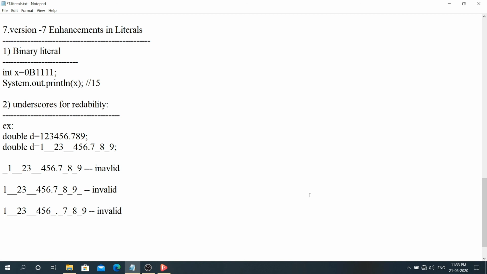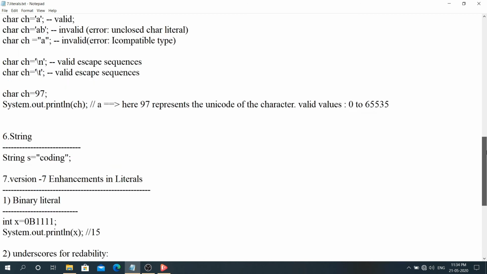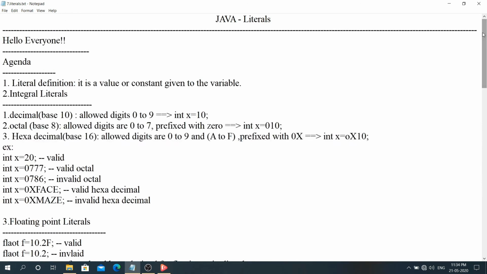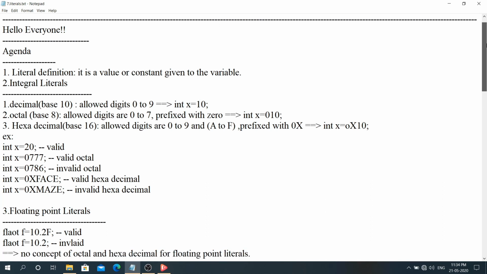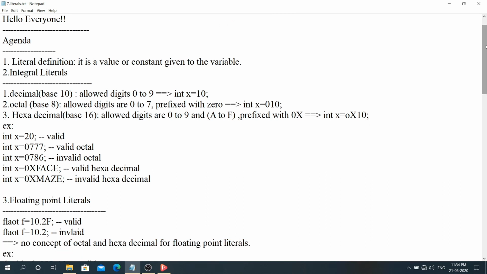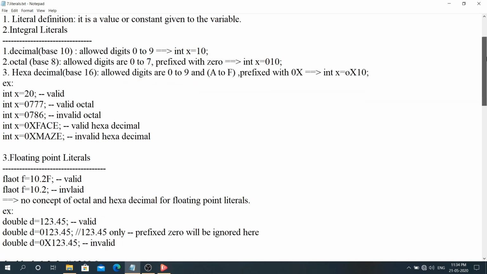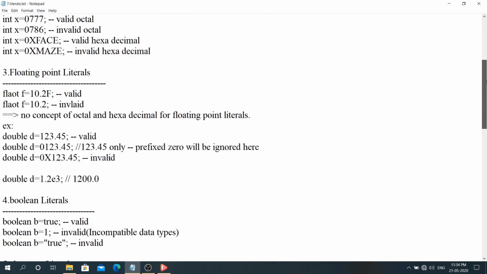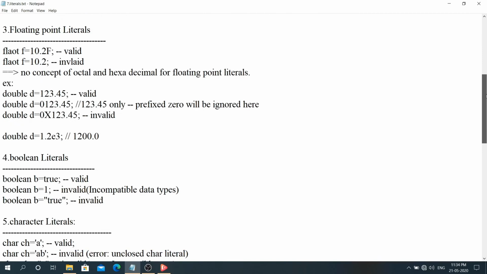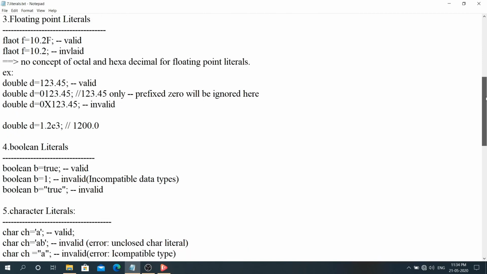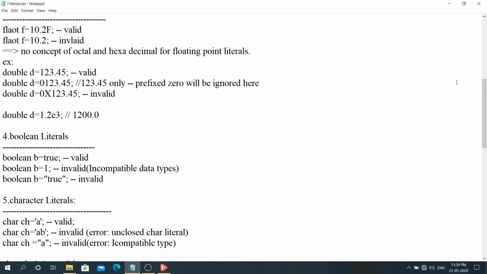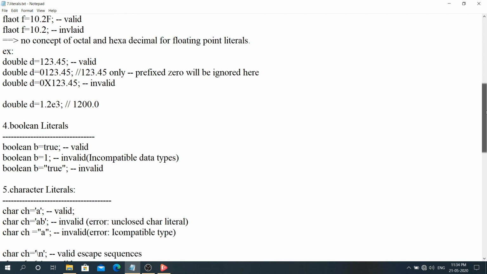This is all about the literals concept. Let me recap what we have discussed so far. We started with the definition of literal and discussed the possible integral literals: base 10 decimal, octal, hexadecimal. For floating point literals we noticed that there are no octal and hexadecimal representations and you can use exponential representations.